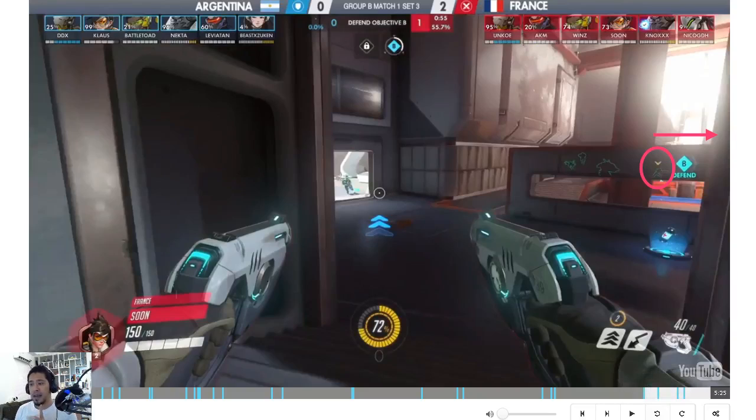There's two problems with that. One, he's not going to be effective on that side at all. And two, he leaves this side completely open for Soon to push, like for free. Soon's going to get a kill onto Argentina's soldier, I don't want to say for free, but fairly easily, because again, Argentina's Tracer isn't there. And then we're going to see